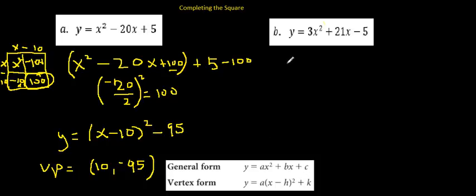Now, in problem B, what's different about this is that we have a 3 as our leading coefficient, or scale factor. And so that just adds one extra step that we have to do. So remember what we did here. We pushed out the last part, and so we get, say, 3x squared